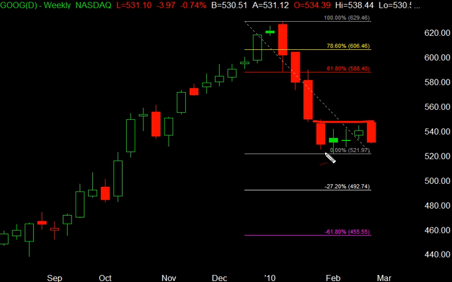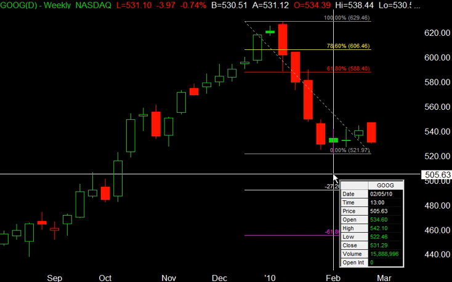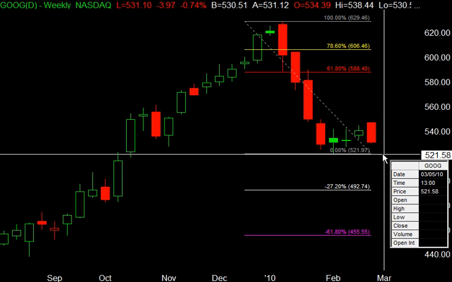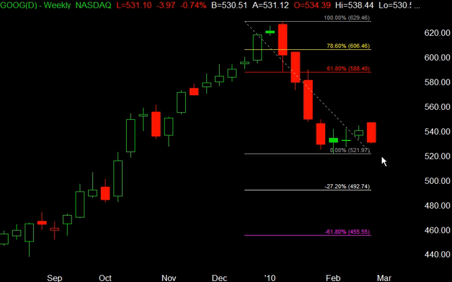Now, what about expectations? Where can you expect this to go? Well, if Google can take out the low here, the lowest low here is 522.46. So if this takes out 522.46 and closes below 522.46, then you can expect a move to the 127 and then possibly the 1618. Then that's when other factors come in, like using symmetry to find the projection. But right now, as it stands, if this market takes out these lows,